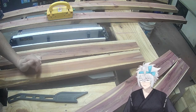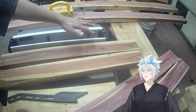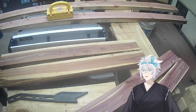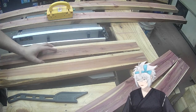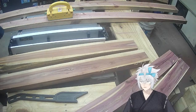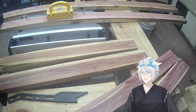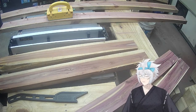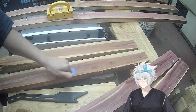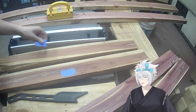So, what I want to do, and this is kind of an important thing, is now that I roughly have my table saw set up how I want it, I want to make sure I am very particular about maintaining my settings and the consistency of my settings. So, while I have it set up like this, I'm going to take the time to map out where I wish to be on my project. The big thing here is